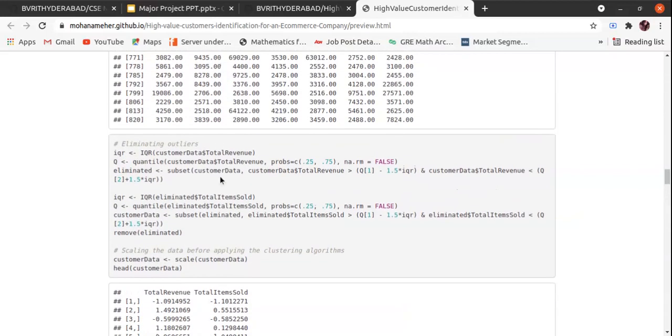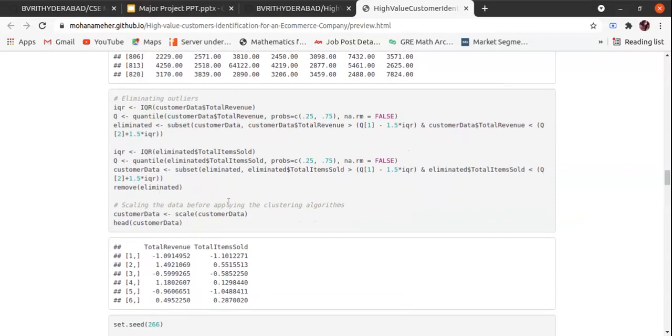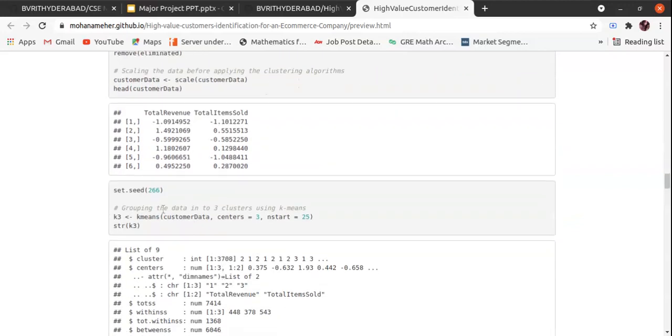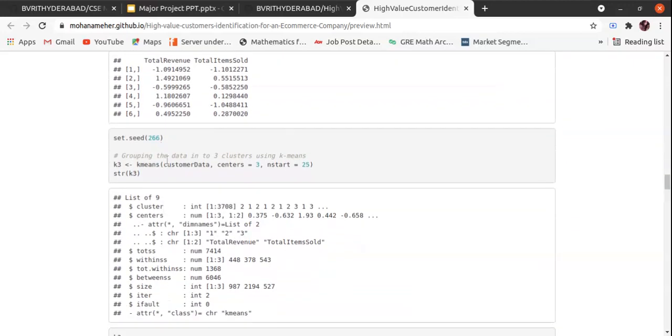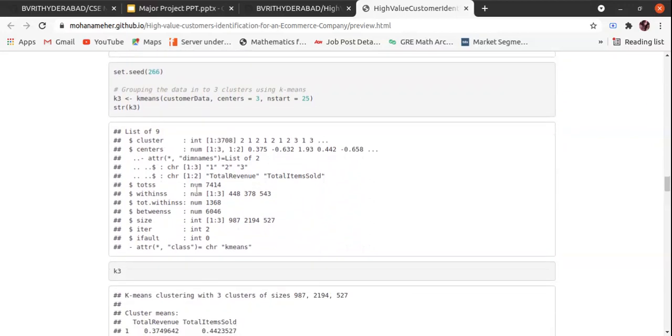So we looked for the outliers and eliminated them. And before applying the clustering algorithms, we scaled the data. Then we applied k-means with centers 3 and 25 initial configurations.